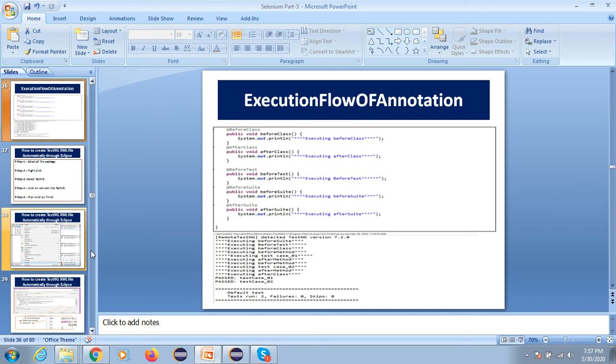TestNG is common, Java is common, Selenium is common. They will give you time and you can explore. So you become a self-learner, able to pick up your work. This is our agenda. So do the practice and don't worry about finishing the course, it will finish.